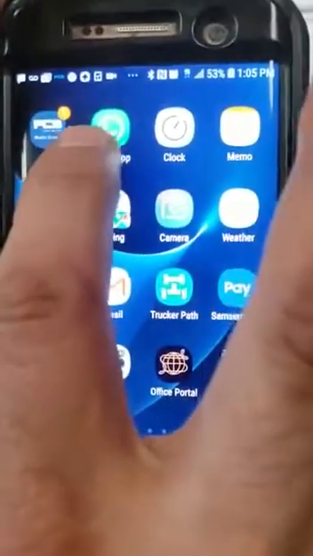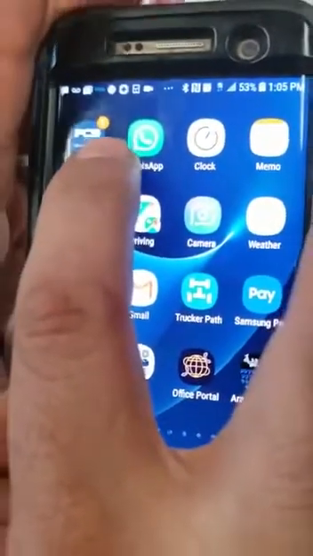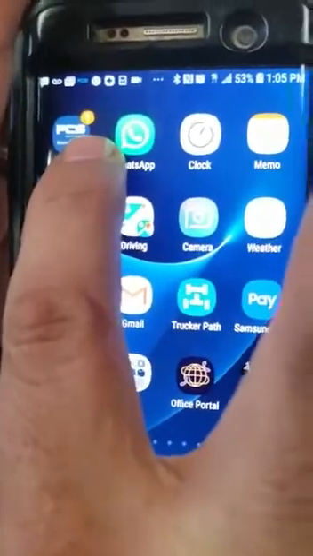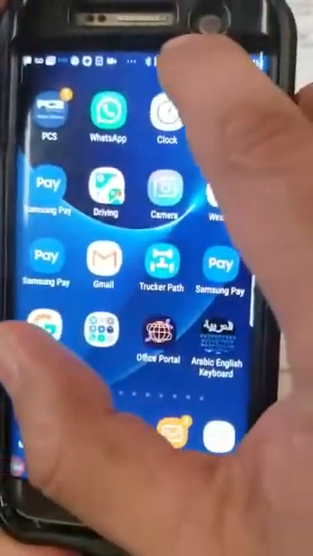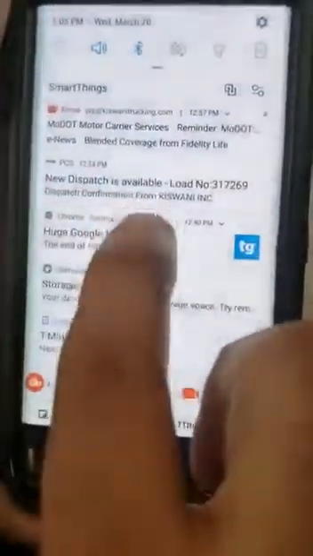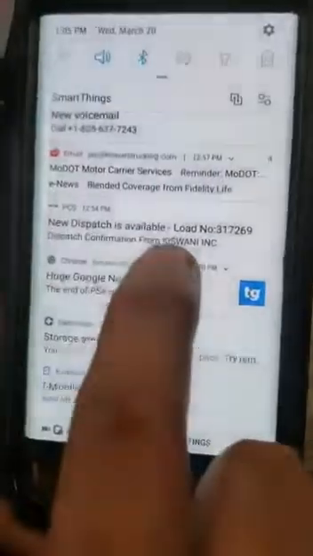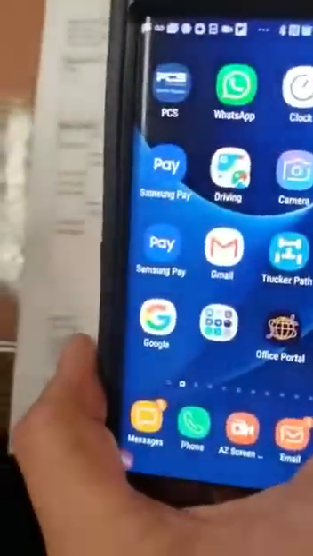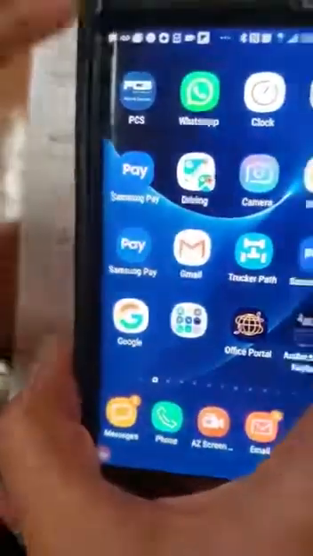It's important to always know where you're at and if you've got new messages, so it's always important to make sure that the notification is clear. To clear the notification, pull this down and look for the one that pertains to that new dispatch message available. If you click on that or just swipe it to the side and go back, you can see that it's clear. So make sure you always do that, and we're done with